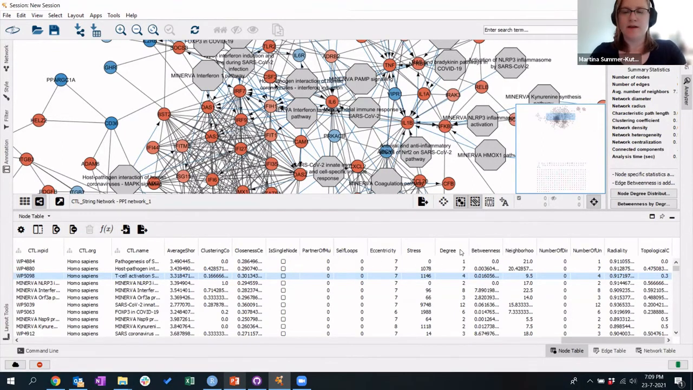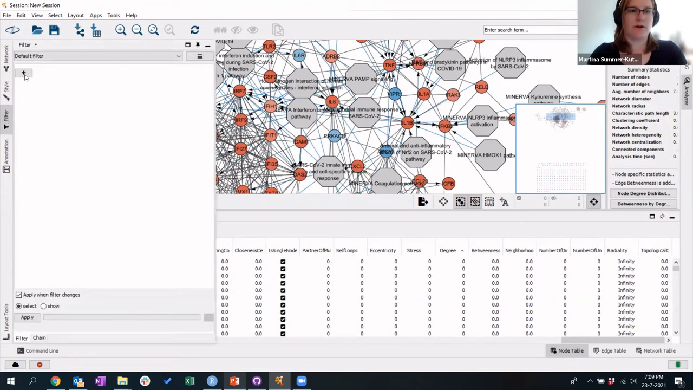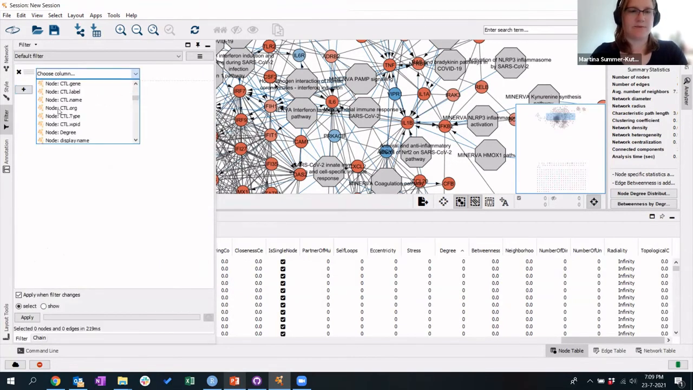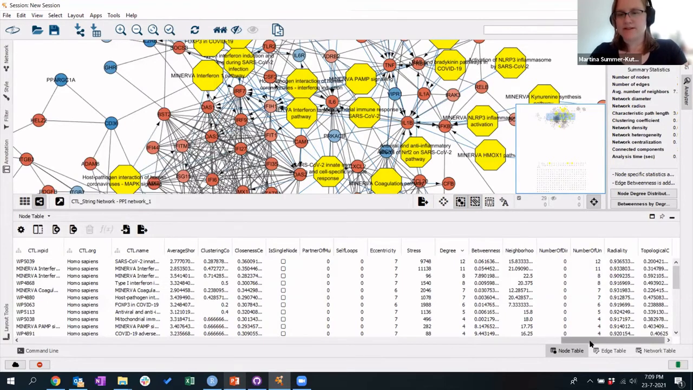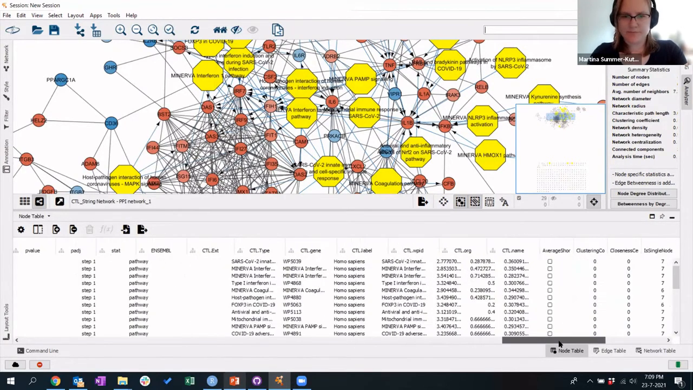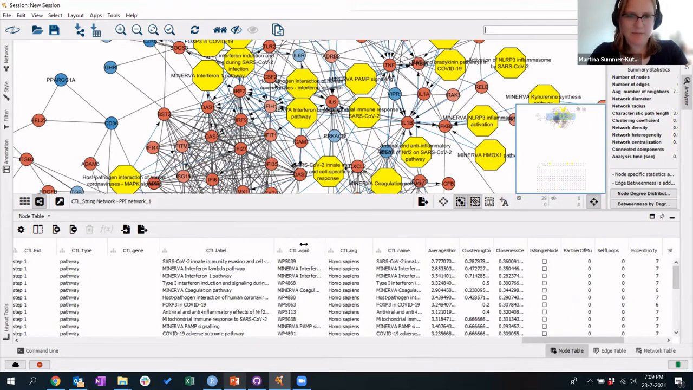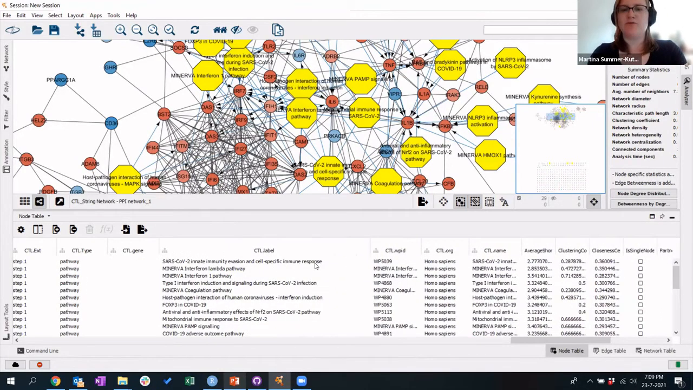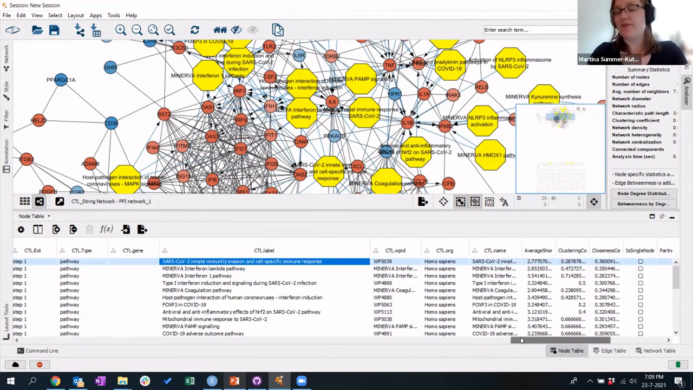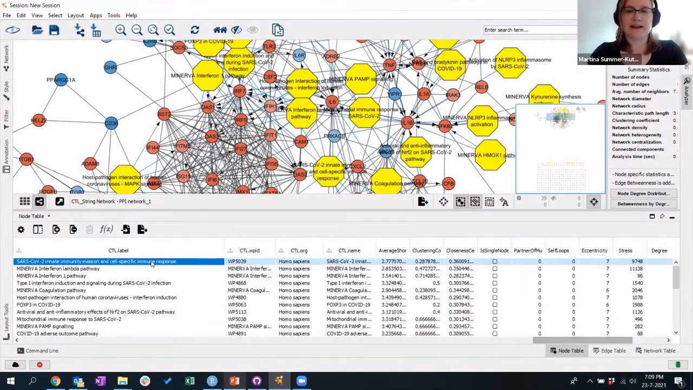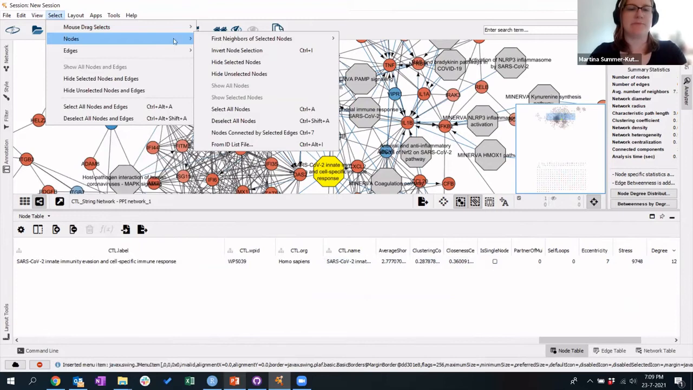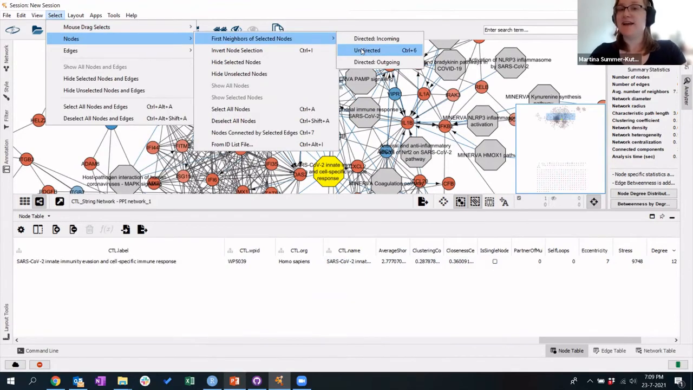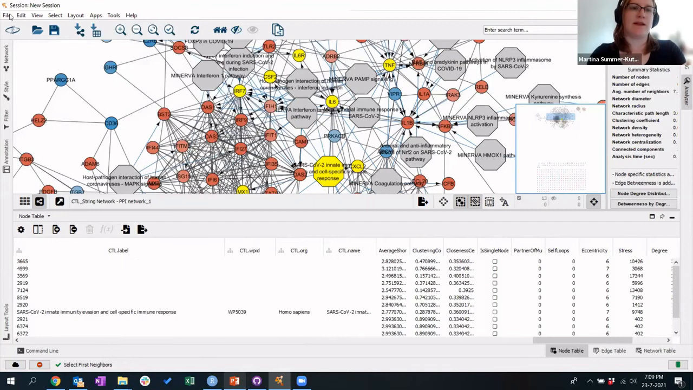So I could filter for the CTL type pathway. So I only want to know about the pathways, right? So I filter the pathways and then I sort by degree. Right, so I see that, for example, the SARS-CoV innate immunity evasion and cell-specific immune response pathway has 12 differentially expressed genes. So I could select that pathway, and I can automate all of this, but I didn't plan this now. And select the first neighbors with the genes